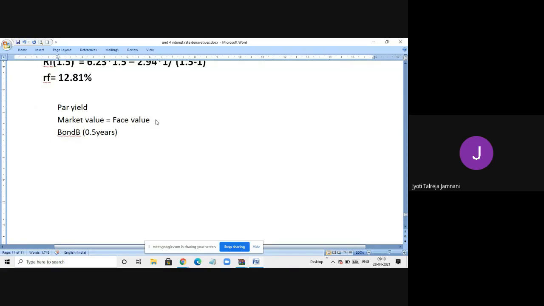Okay, as I told you, we have to do market value is equal to face value. Now, how to find the market value? Market value is nothing but the bond price, which we did above, right? Bond price is equal to present value of cash flows. So we need to find the present value of cash flows, and we have to equate it with face value. Now the interest is paid every 6 months. So in half year there is only 1 six-month period. That means the interest will be paid only once, plus the principal amount also will be paid at that time itself.